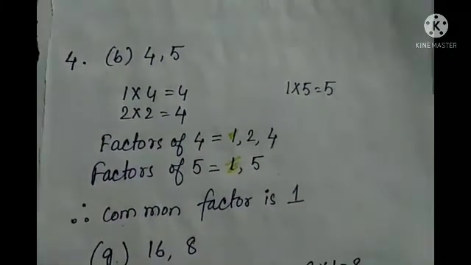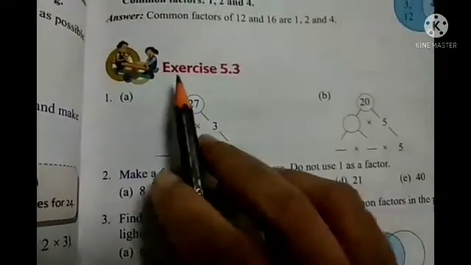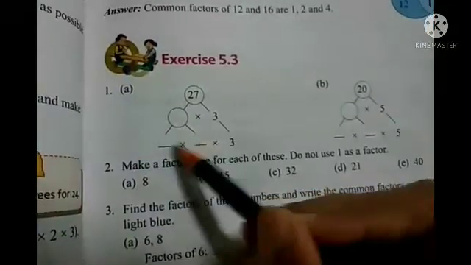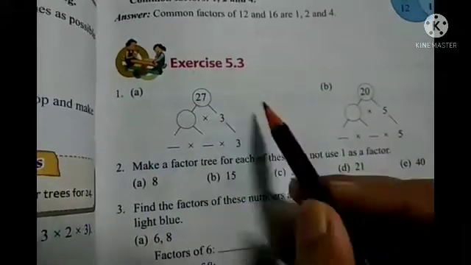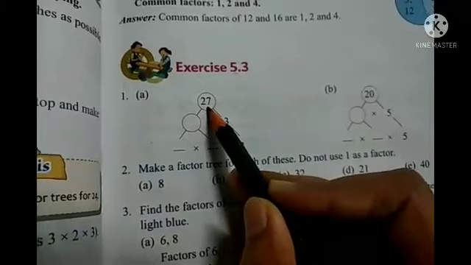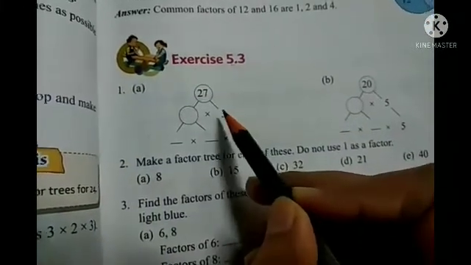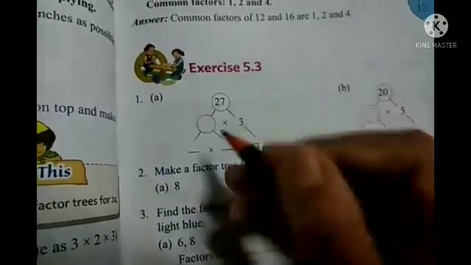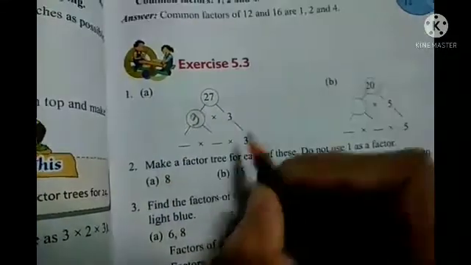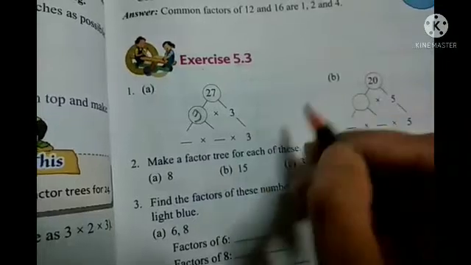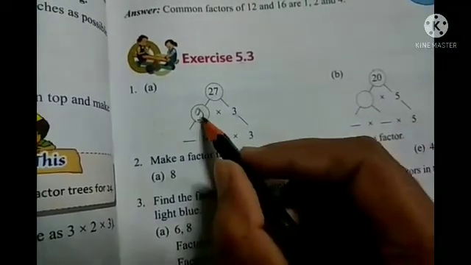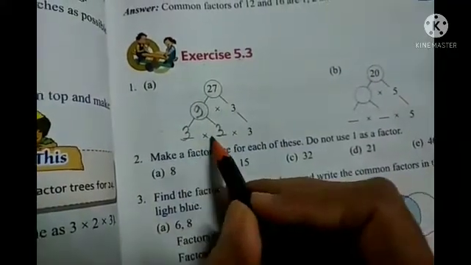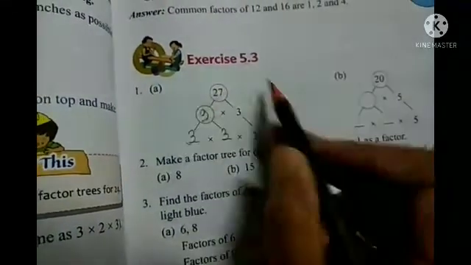Okay, students? So students, now we will solve exercise 5.3. It is on page number 99. The first question is fill in the blanks. One factor tree is given, and you have to write the numbers. So 27, and here it is given 3. That means you have to multiply something with 3 so that you get 27. As you know, 3 nines are 27. Now 3 cannot be broken up, so 3 is written as it is. 9 can be broken up, right? 3 threes are 9. So this is it. Now your factor tree is ready.